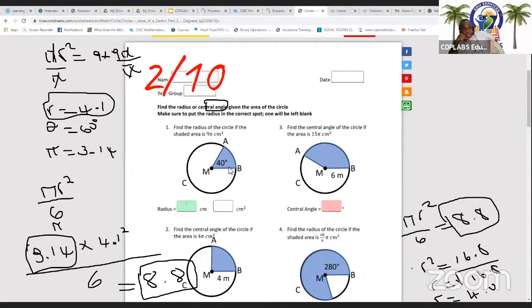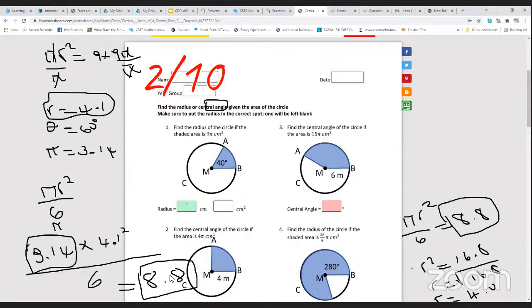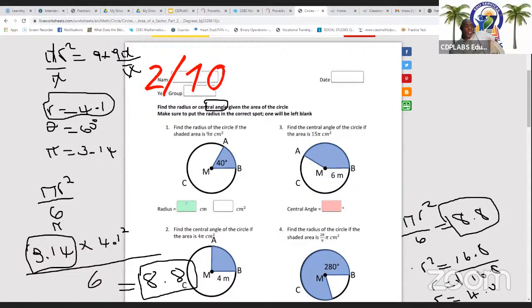Good, I did just that. So because I do that, I can easily get the area of the sector. Because I get the area of the sector now, I come up with that method to find out the radius. I know my radius already, it's 4.1. So in my model, I have all the information that I need to see if I can come up with a formula. So I say, all right, I want to find R. Six times that, I get that. So I'm gonna come back to this and I say, oh,